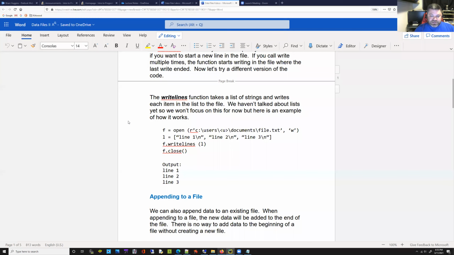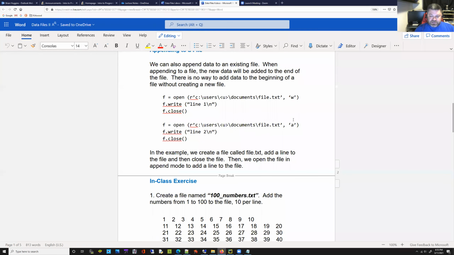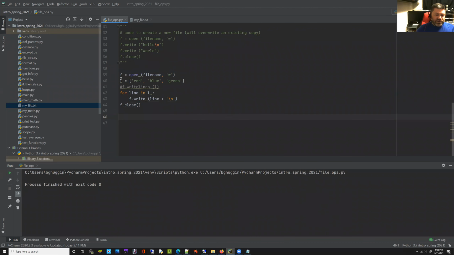All right, so append. We can briefly talk about append. It just adds more code to the end of a file. There really isn't too much to it. So if we do that, why don't we just keep that code, and then we'll